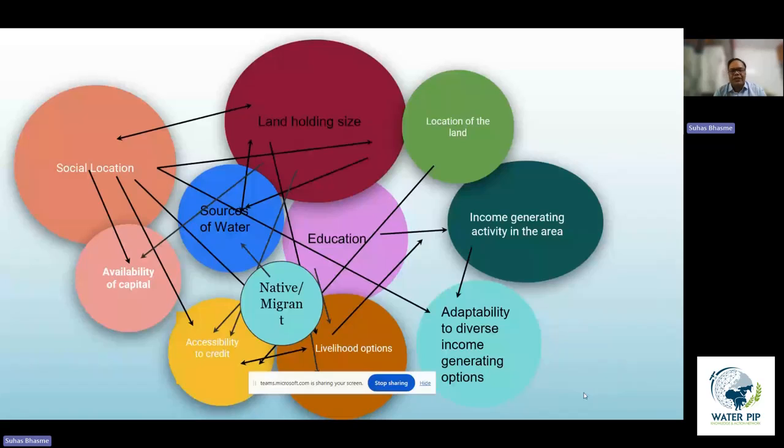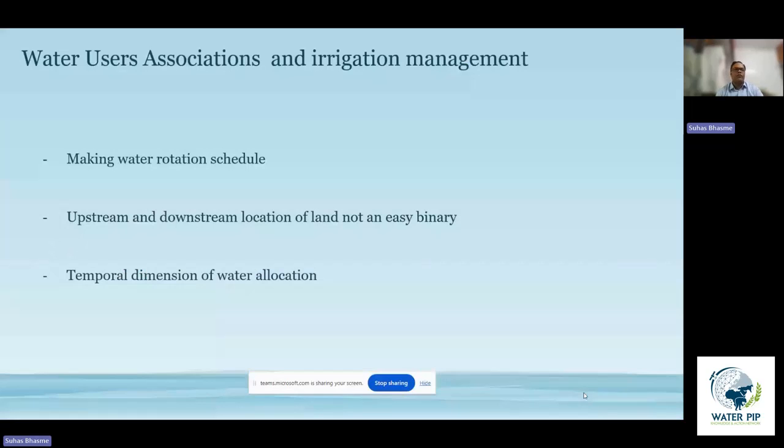And this is something interesting that I will also talk about when we are talking about the distribution of water. So largely now I will be focusing more on the water users associations, which are the formal groups formed by the farmers in order to manage the canal irrigation water. These groups are recognized by the state, and they do the job of operation and maintenance of the canal networks.